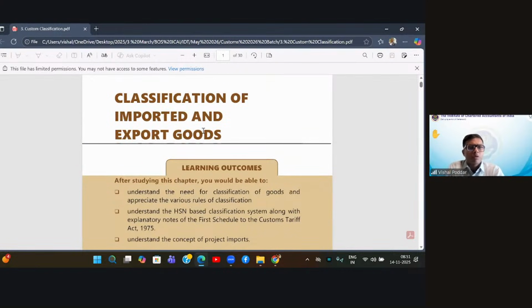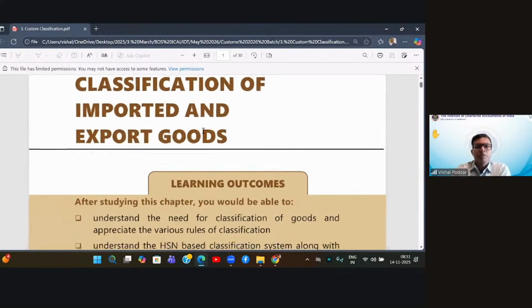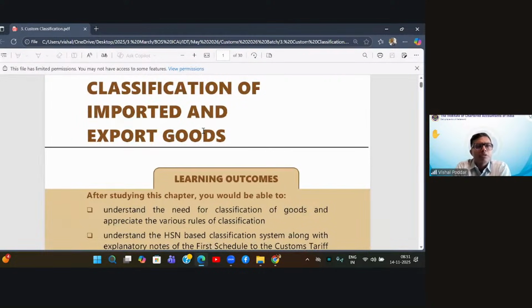Now, students, we move on to the next chapter, which is very interesting. This chapter is also applicable to GST. How? Now, what is this chapter dealing with? As you can see, the name of the chapter is classification. What is classification? At the start of today's lecture, I had explained that we are following the list given by the WCO, World Customs Organization, which has prepared a list containing standardized names for various articles, which has to be used by all countries whenever they are dealing with international trade.